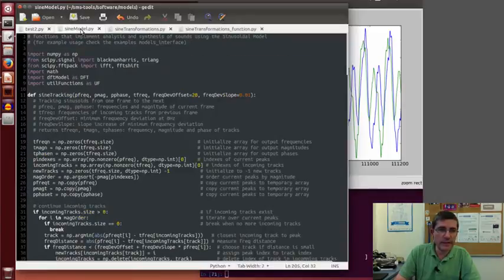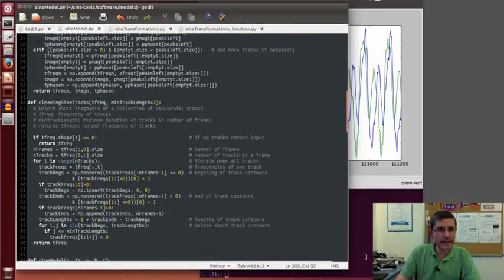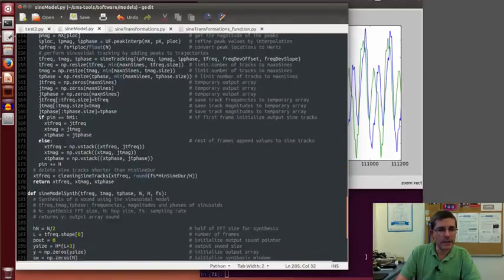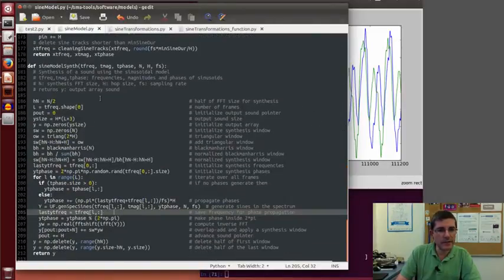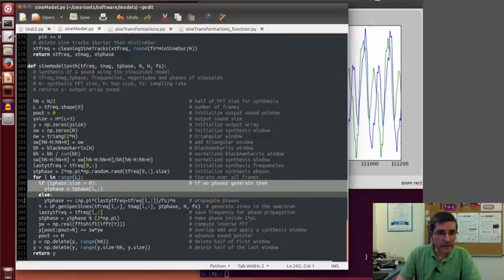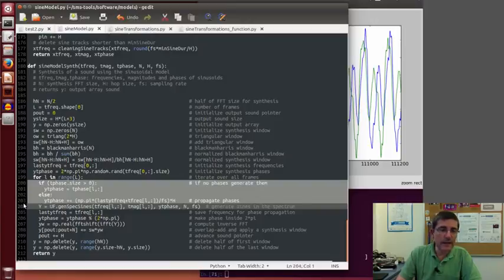Let's go to the sine model file, where the synthesis is performed. In the sinusoidal model synthesis function, it accepts the frequency, magnitude, and phases, and it calls the synthesis. Then in the main loop, we can see there are some lines to take care of these